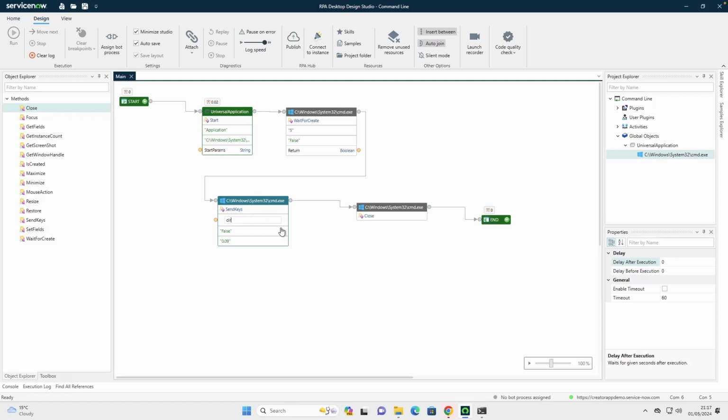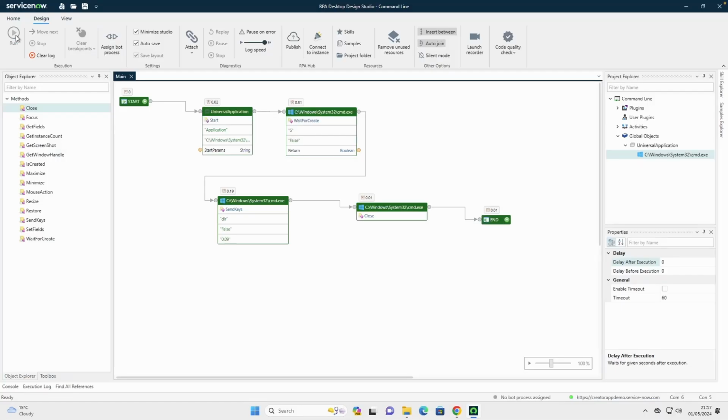We're literally going to send that through. So we're going to send in dir. We're literally going to open the application, wait for it to start, send that, and then close it down again. Now if we run this,